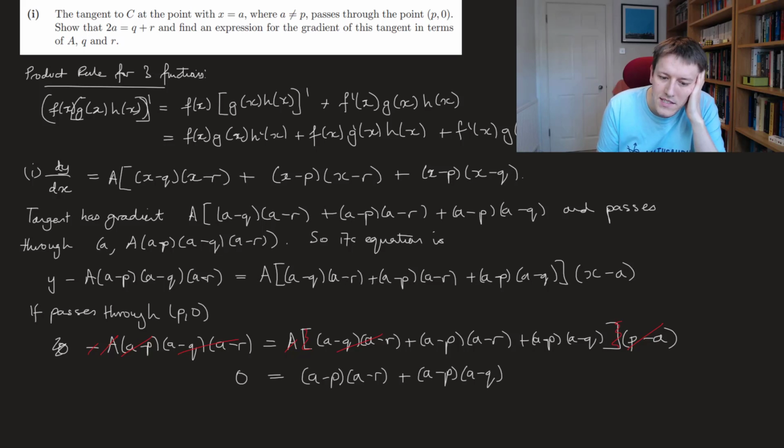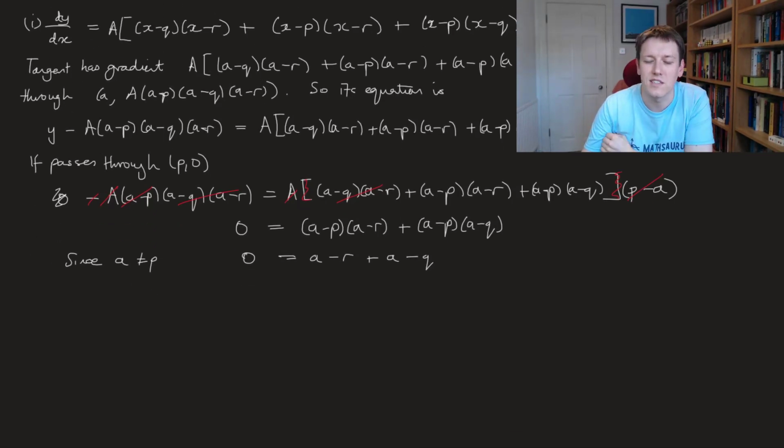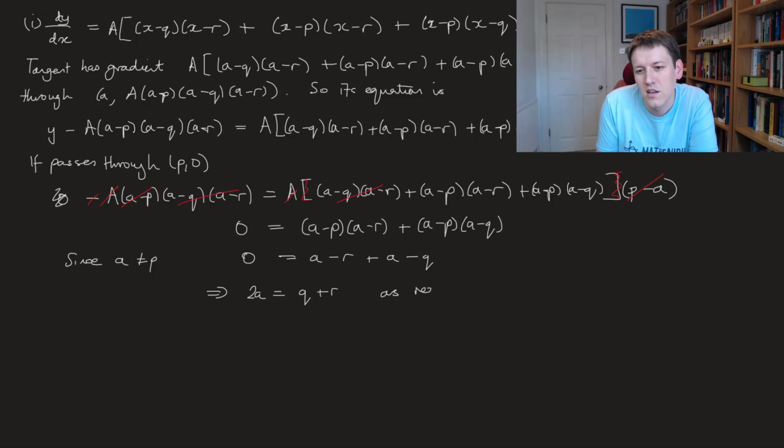And now again, I can divide through by the a minus p here as well, right? And this is because we're told in the question a is not equal to p, so I get 0 equals a minus r plus a minus q. Right, this happens a lot in STEP questions. If you've got it right, things really simplify down nicely, okay? And this is exactly the expression that we were looking for, which is that 2a equals q plus r